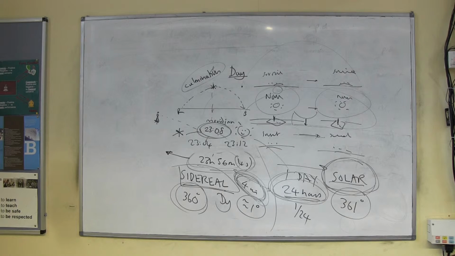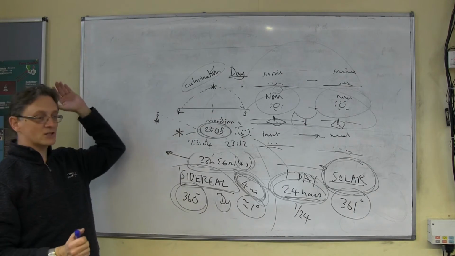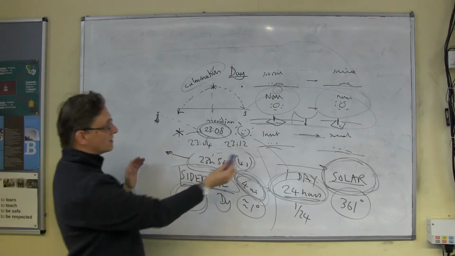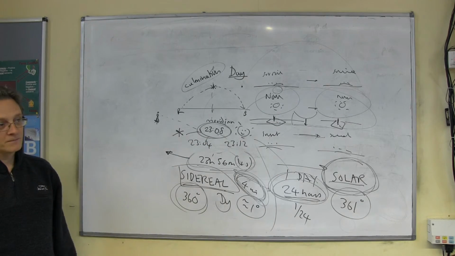If you're looking at the sun, does that affect the direction of the sun? Well, yes, it does. On my diagram, by quite a lot. But imagine we weren't looking at the sun. Imagine on this scale you were looking at a star 100 million light years away. The Earth doing this, is it going to have much effect on what direction you look to see the star? No. The point about the sidereal day is you're considering things like stars, which are immense distances away. So the Earth whizzing around the sun and moving around its orbit by 1 degree has absolutely no effect whatsoever.